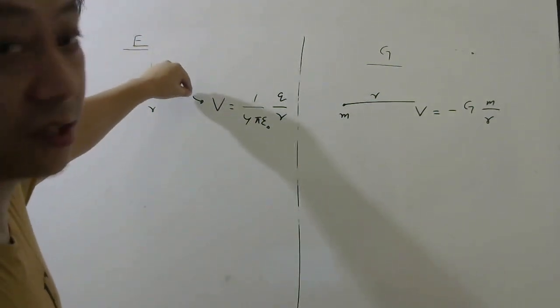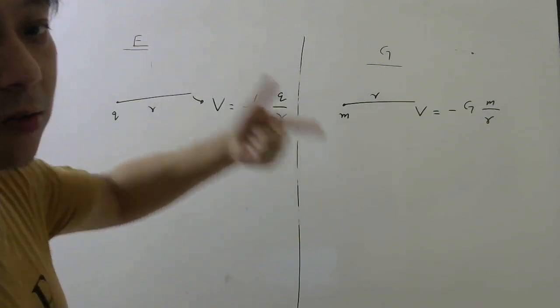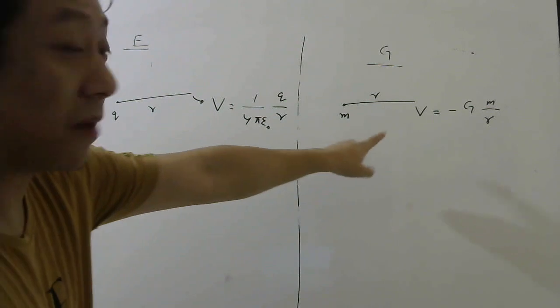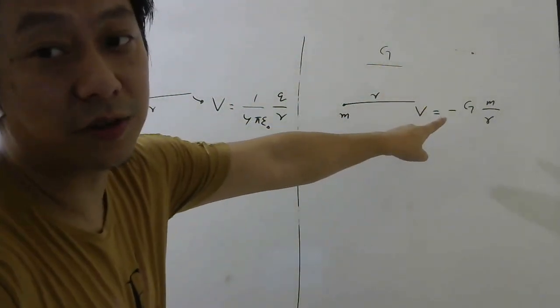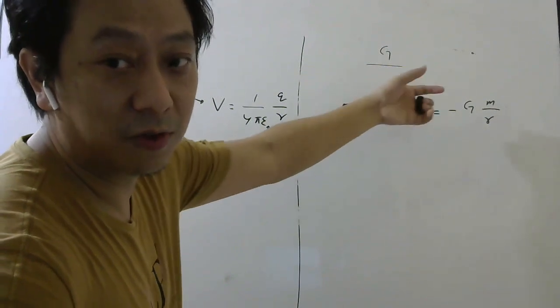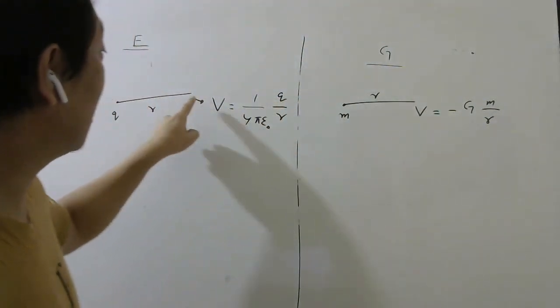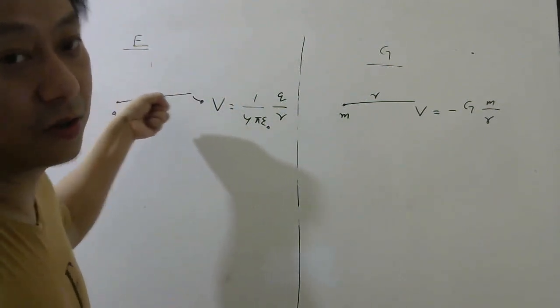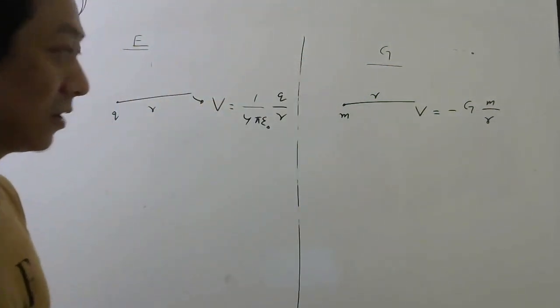No need to put another charge. If you put another charge, then you are calculating potential energy. Potential only I want. And here the minus sign intrinsically you have to put, so that if you put a point mass here, the force will be attractive. Here, depending on the sign of this charge, it may be attractive or it may be repulsive, right?